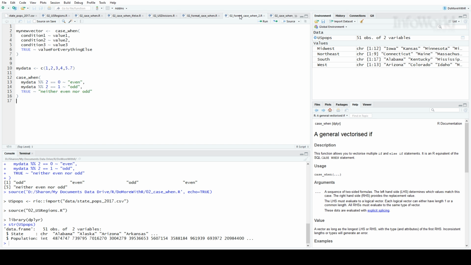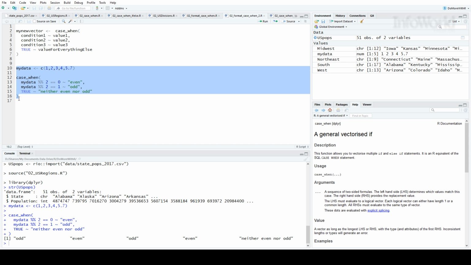If the remainder is 1, it's odd. Otherwise, it's neither. So the results here should be odd, even, odd, even, neither. Let me run the code here. And you can see we have odd, even, odd, even, neither as the results here.